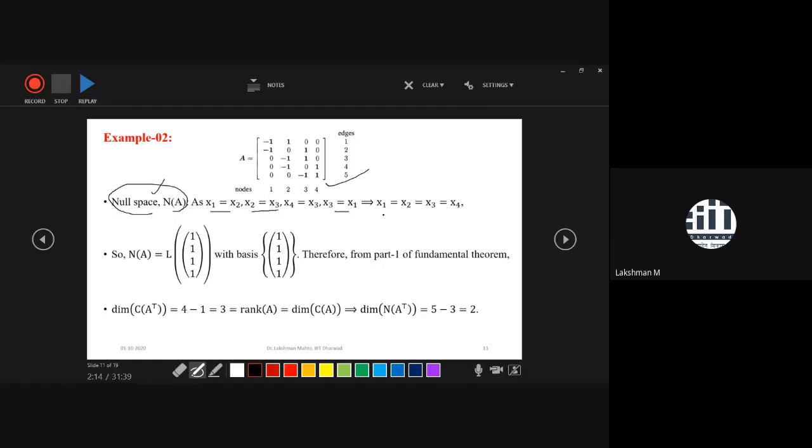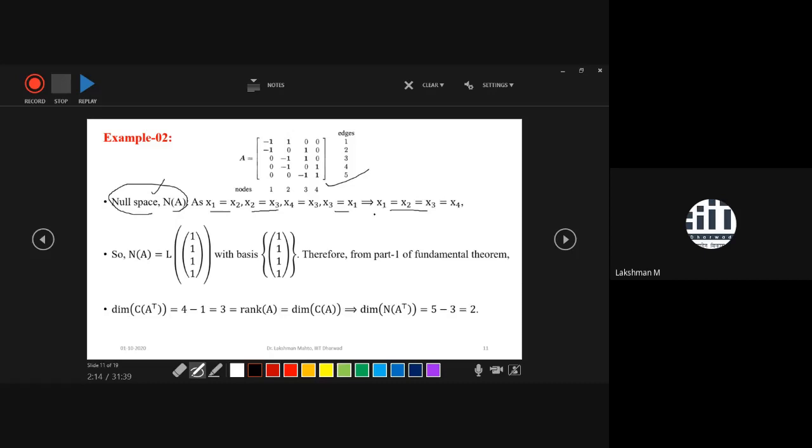x4. So all four nodes are taking equal value. What does it mean? It simply says that there are three dependent variables and one free variable. Take any one as a free variable, and the remaining would be dependent variables. It depends upon your choice which one you want to take as a free variable. You can take x1, or x2, or x3. It would be totally your choice.